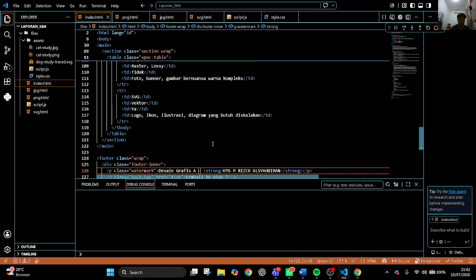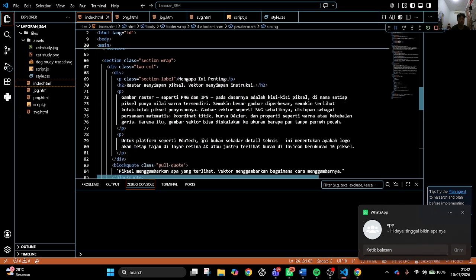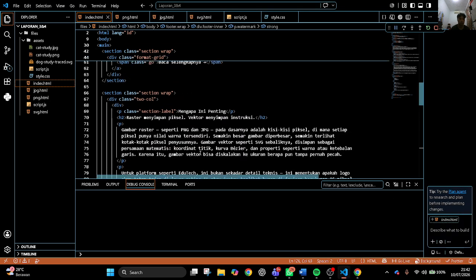I use semantic tags like header, nav, main, section, and footer to keep the structure organized.